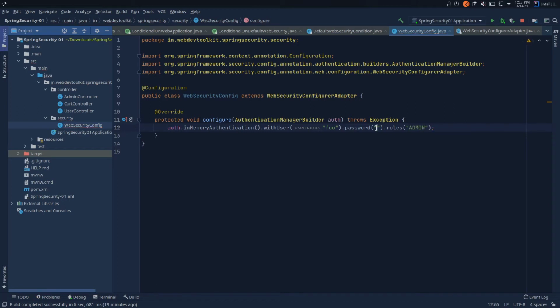At this field, we need to provide an encoded password. We'll be using password encoder factories to create our encoder.